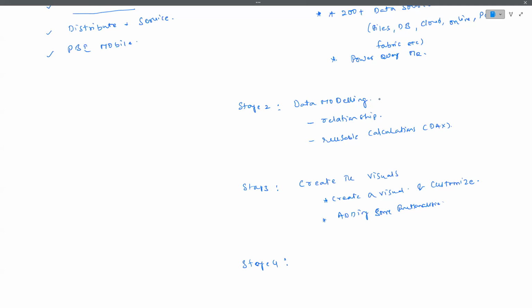I'll come back to that. But anyhow, in real time, this is the process, guys. But whenever we are working in our training program, if you want to understand the data modeling,